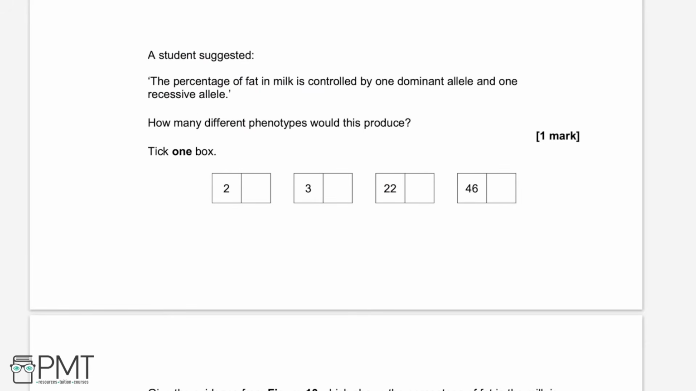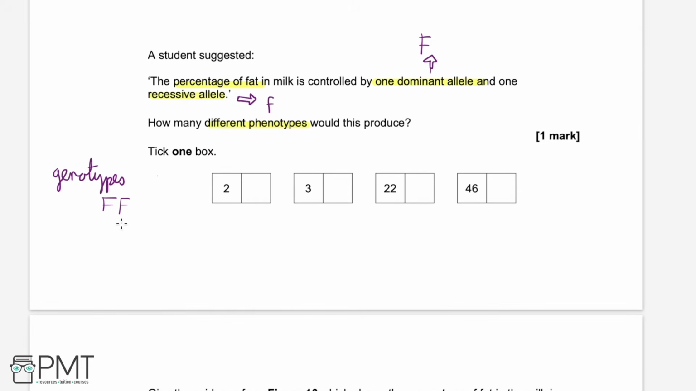A student suggested the percentage of fat in milk is controlled by one dominant allele and one recessive allele. How many different phenotypes will this produce? Tick one box. Well, to answer this, let's first think about the possible genotypes that will result. We'll call the dominant allele here F with a capital F to represent fat, and the recessive allele f with a little f. So the possible genotypes are